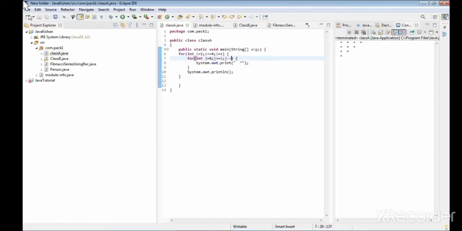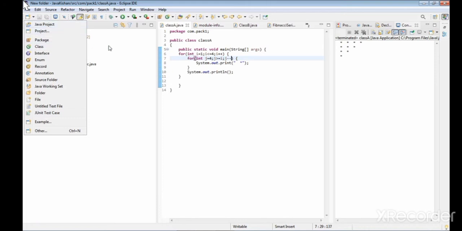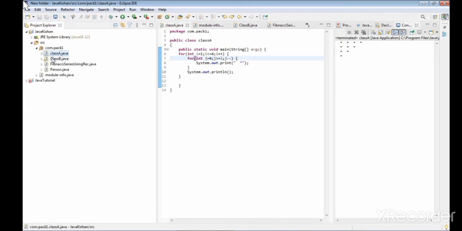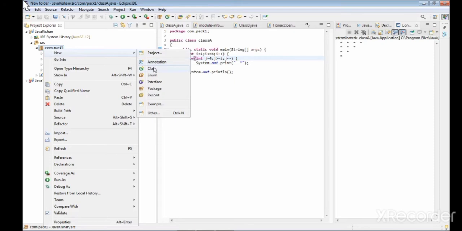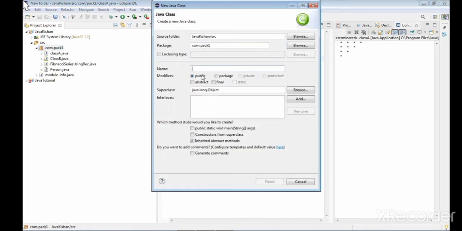So we are going to take a new pattern, taking the main class.